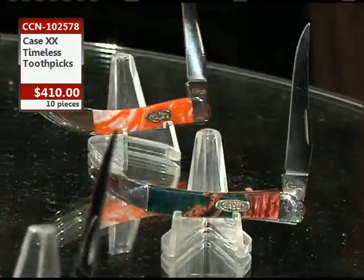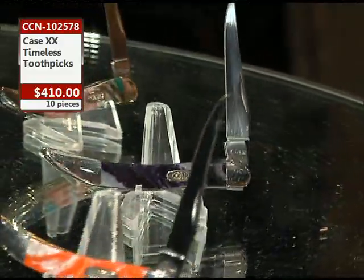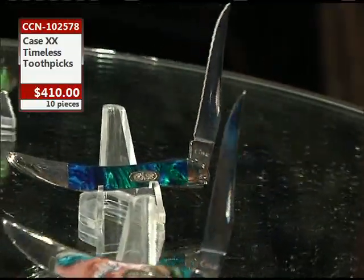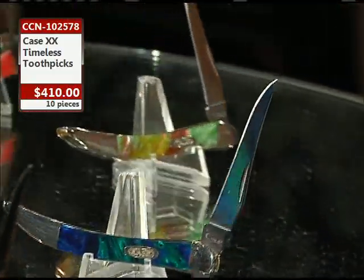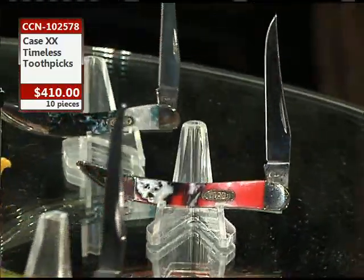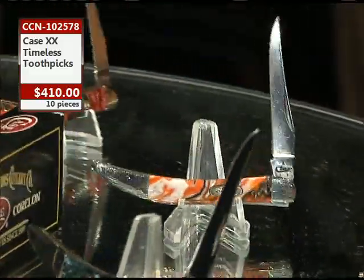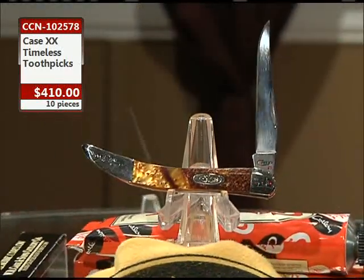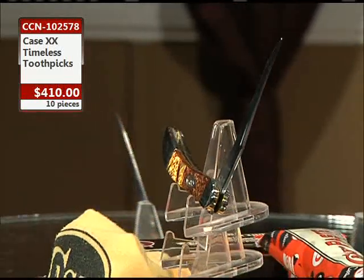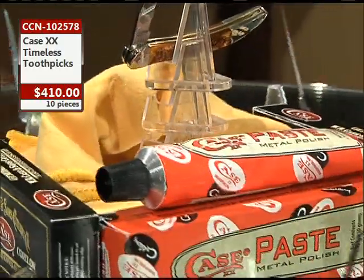You're going to get the Case paste and the jeweler's cloth. Then you're going to get the abalone Corelon, the Aquarius Corelon, Case butter rum Corelon, the Cloudland Corelon, the Purple Passion, Rainbow, and the Rainforest, I believe, is what that's saying right here. You got a lot of different colors right there, and it's good looking stuff. And then the Case toothpicks. Now, I know your next question. Yes, these are the 3-inch